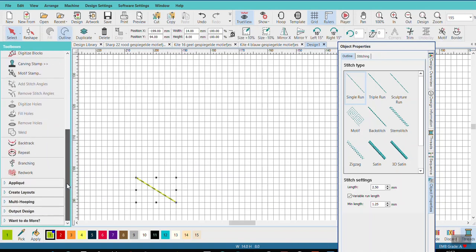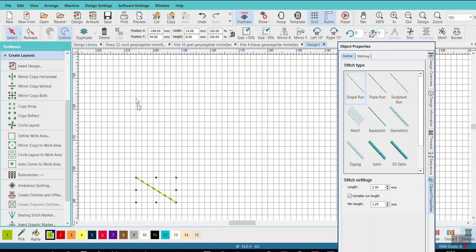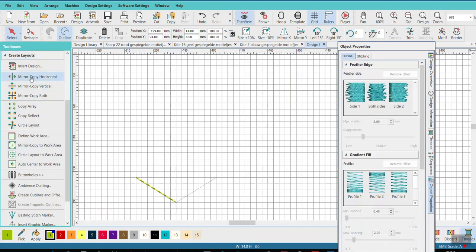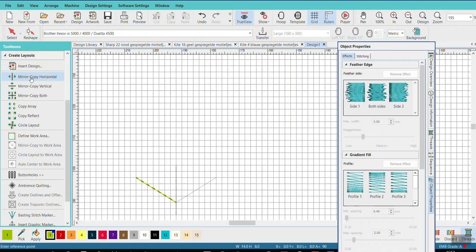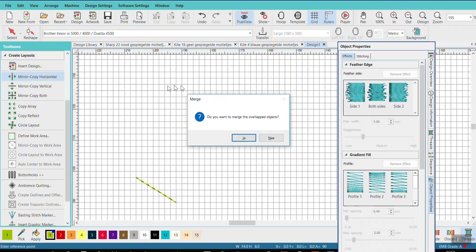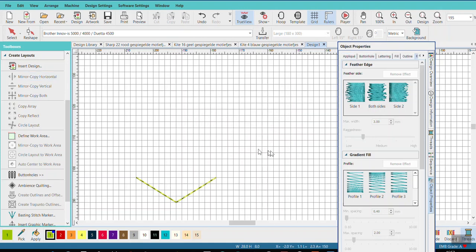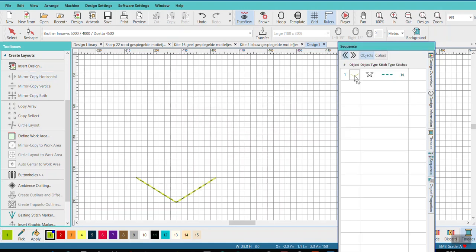Select that line, go to create layouts. In version 1 it's layout, and go to mirror copy horizontal and click enter. Don't touch anything, click enter. You want to merge the overlapped objects? Yes, because I want it to be one object. If you go to sequence, you see it's one object. Click on it,